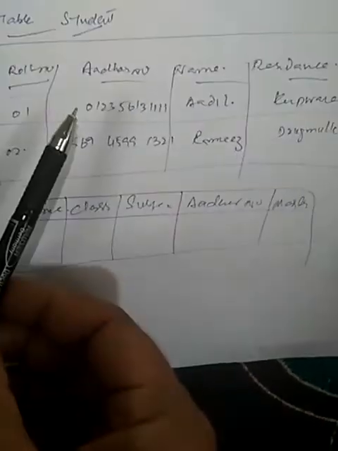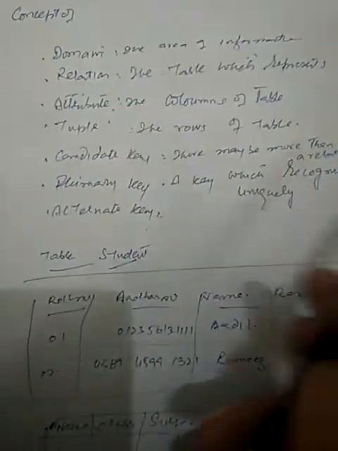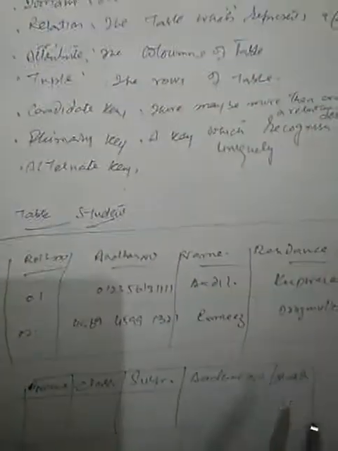So we can make Aadhaar number a foreign key, that is, to place it in the second table we can call it a foreign key. This key is the foreign key, and with it we can relate these two tables. So any column of one table we can put in another table in order to relate those two tables together. So now you are able to understand what the domain is. Domain means the area of information where we can collect the information, not the relation. The whole table is called a relation.